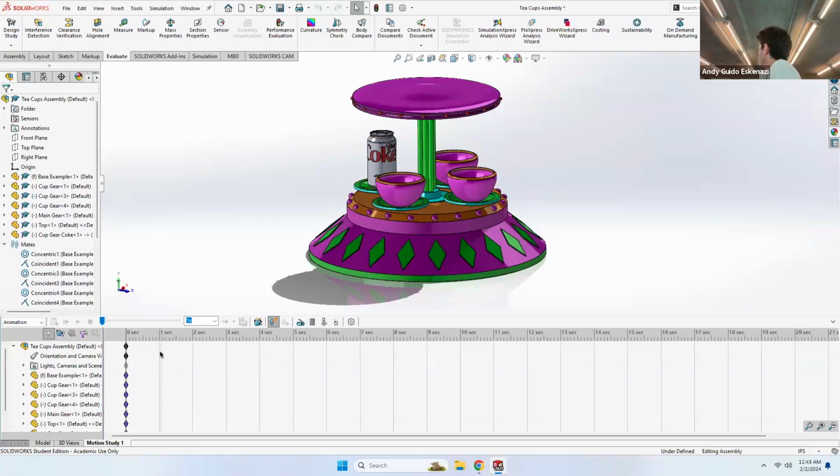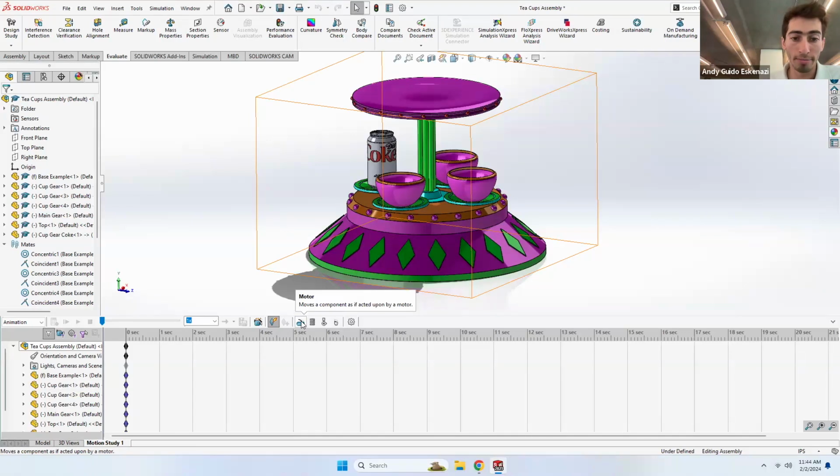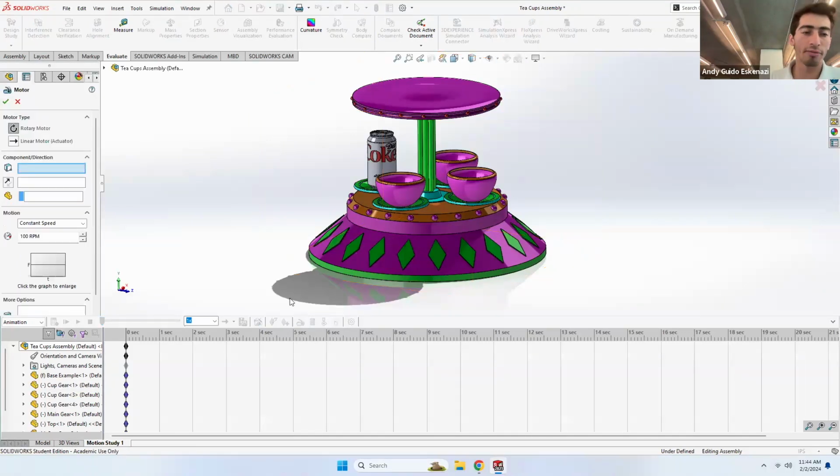And I also definitely check out the video from last class because I figured out some pretty interesting things about how to make animations. But the important thing here is that if you go down to motion study, there is a little button in here that's called motor. So I can click on motor, and I know for a fact because I've been playing around with this yesterday evening,